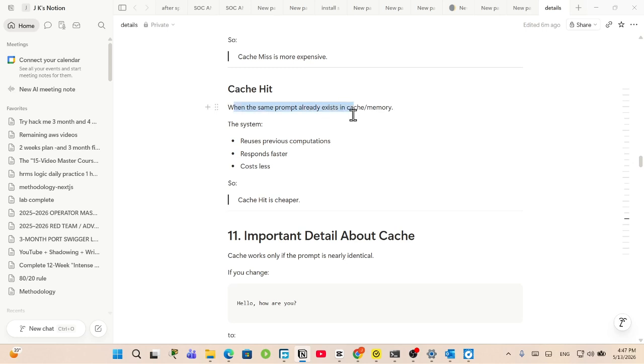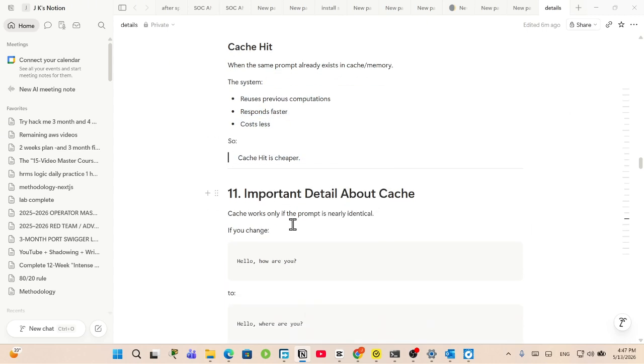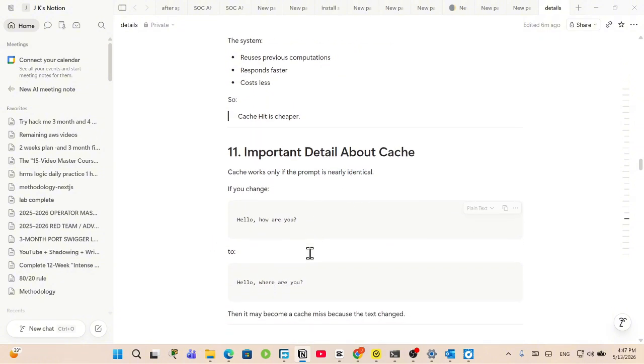When the same prompt already exists in cache memory, the system reuses previous computation, responds faster, costs less. Cache hit is cheaper. Cache works only if the prompt is nearly identical. If you change